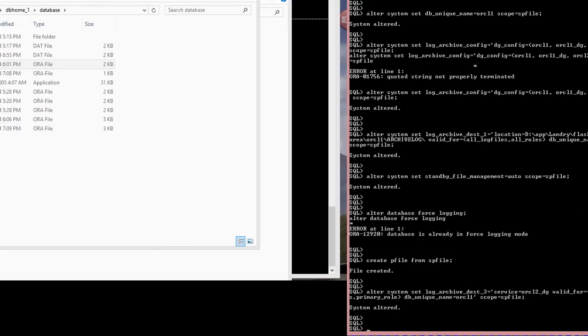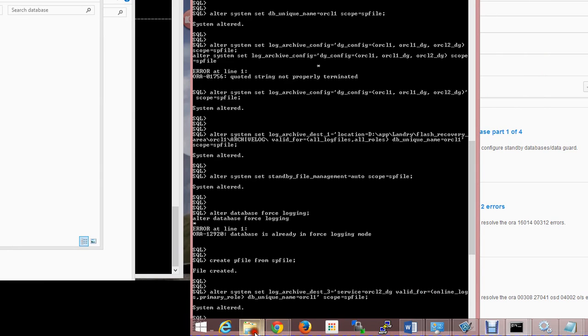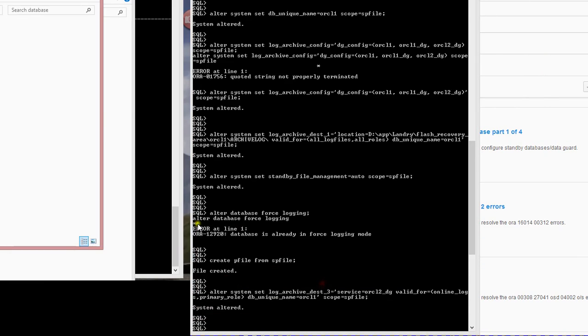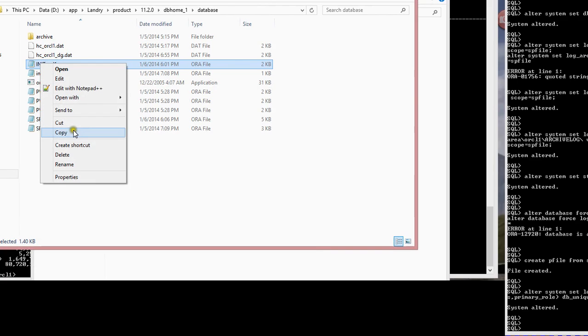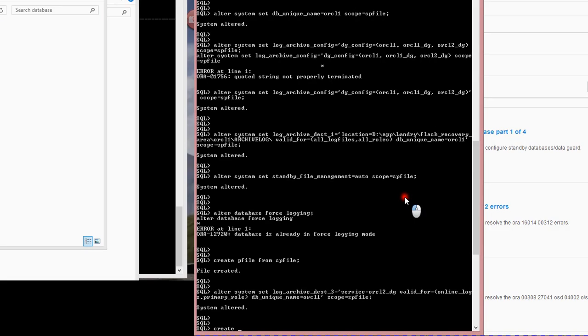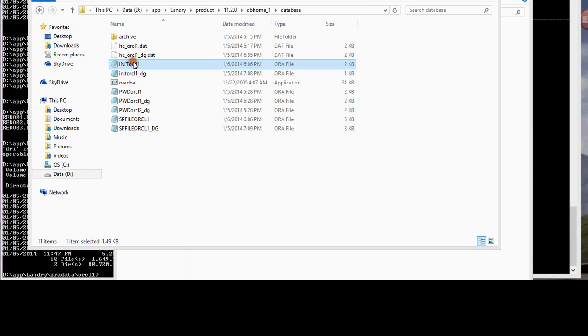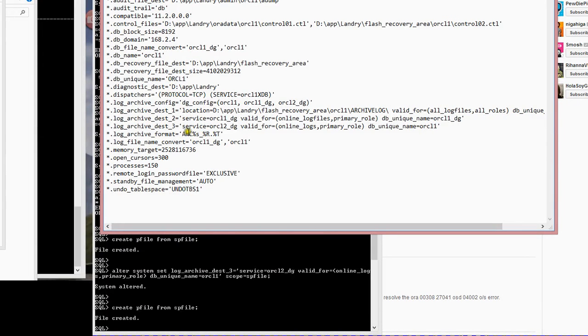To confirm that my standby service is recognized, I'm going to go to my database location again. I'm going to delete my pfile, and I'm going to issue the command create pfile from spfile. There you go, the file's been created. I open up my file, and as you can see, I have myself a